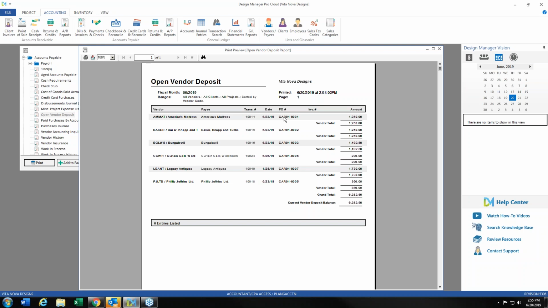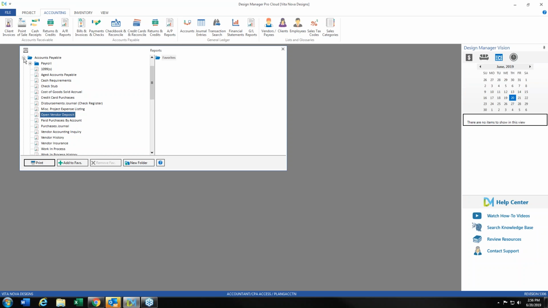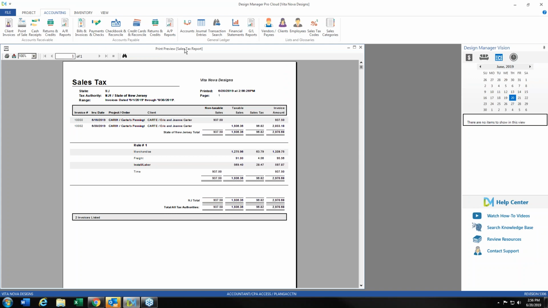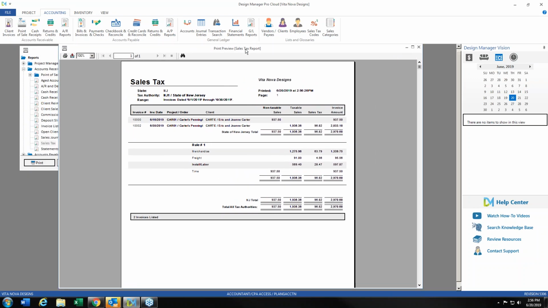Okay. I do have one other report that I think is important for everyone to look at. Okay. So this sales tax report is under accounts receivable. I don't know if anything's going to be in there, but we can look anyway. Okay. Yep, there it is. Okay, great. So under the accounts receivable section, you'll see a sales tax